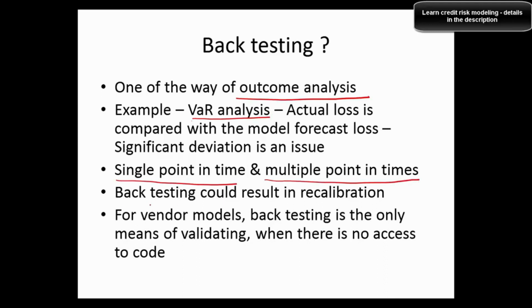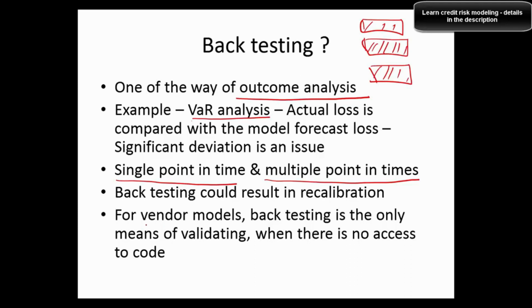Okay, so the result of backtesting is that there could be signs, right? Green means everything is working fine, excellent. Amber, okay, where it is okay, but there are issues, but it's still okay to go ahead with use. But there could also be red signs where you see that the model is not performing at all, and in that situation it has to be recalibrated and sometimes rebuilt from scratch.